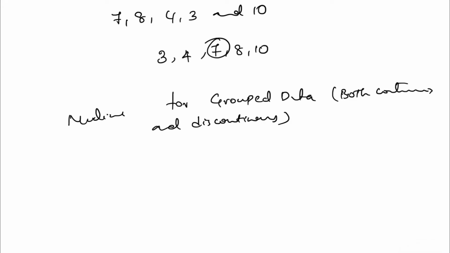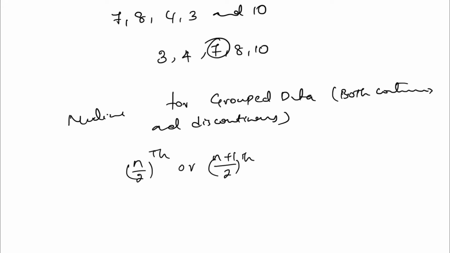So already you know how to draw the ogive, right? After drawing the ogive, how do we find the median? If there are n terms in the given distribution, then use the ogive to find the value of the n by 2th or n plus 1 by 2th term, which is the median for the given distribution. You will get an idea once you do the problems. This is how you will find the median for the given data.